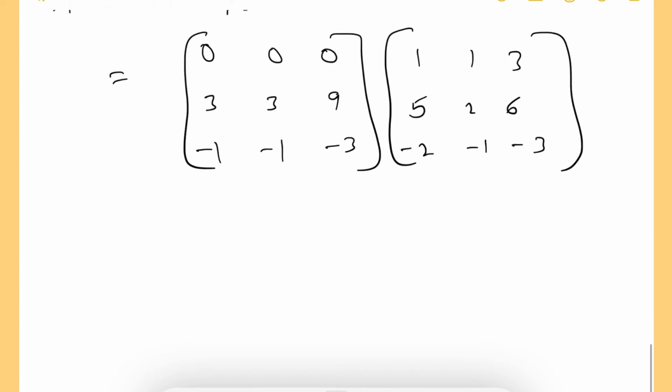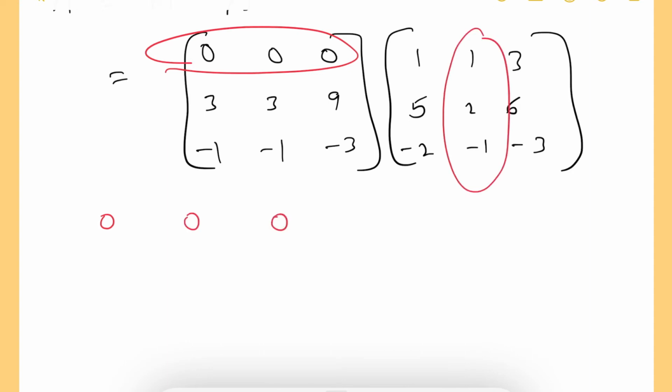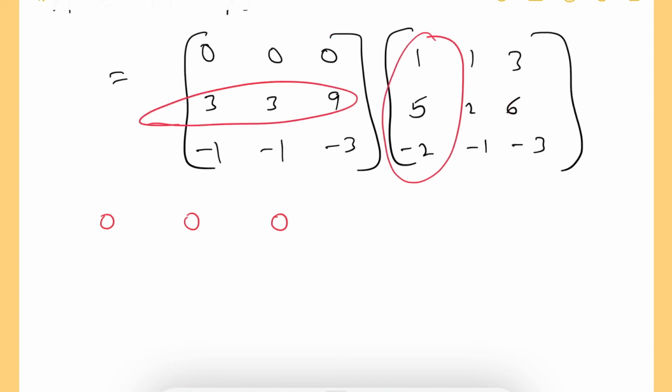Okay, let's do multiplication of this. First row multiplying with first column. Here all zeros only there, so no problem, zeros only we will get. 0. Next, first row multiplying with the second column. Here also zeros only there, so zeros only. The same way with the third column also zeros only we will get. Okay, now first row completed. Let's move to the second row now. Second row multiplying with the first column.